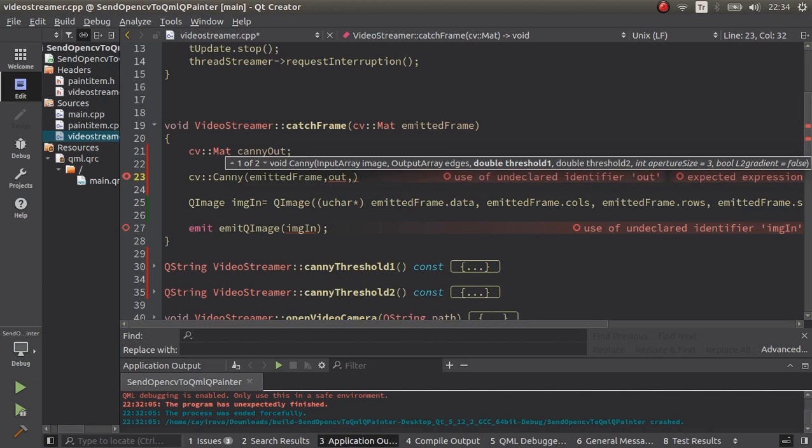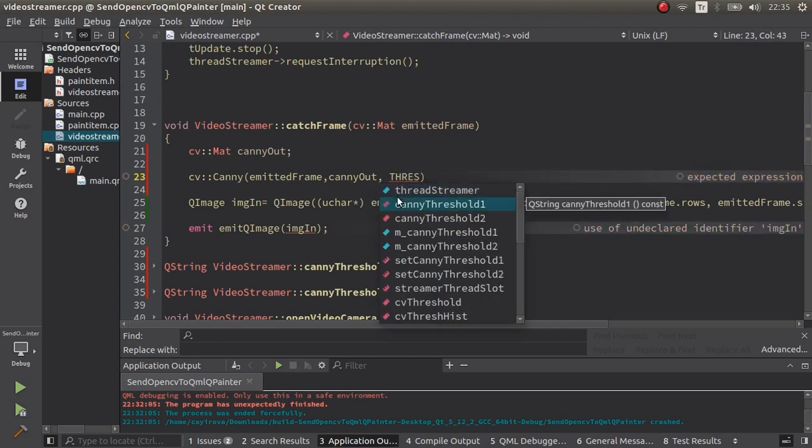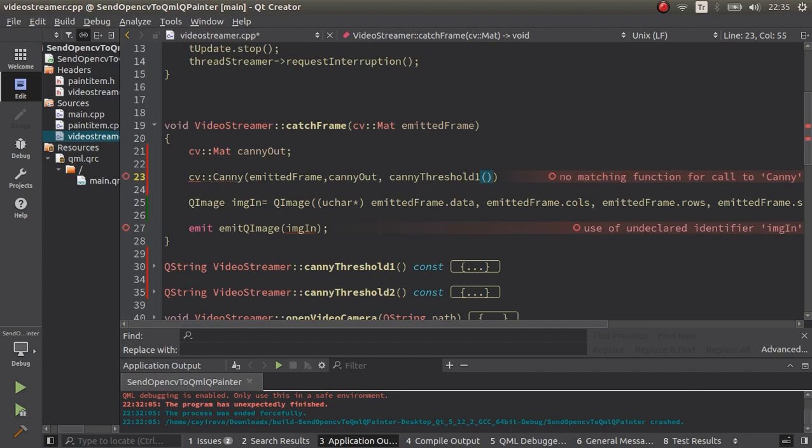And we need threshold 1, but we cannot put it directly because it needs double type. Let's change this also. We have threshold 1, we defined it as QString, so we need to change it to a number. So let's call it threshold 1, but it should be the member, of course,